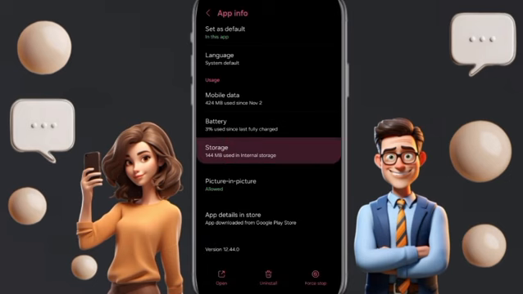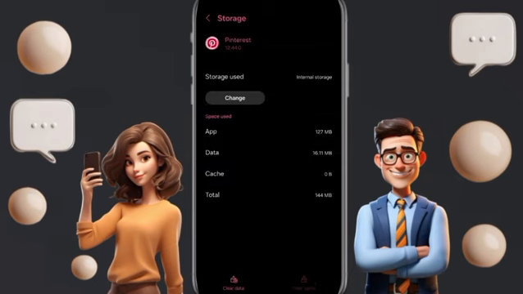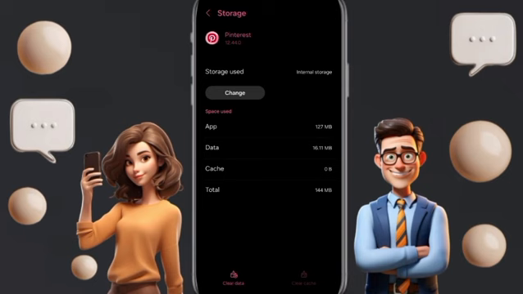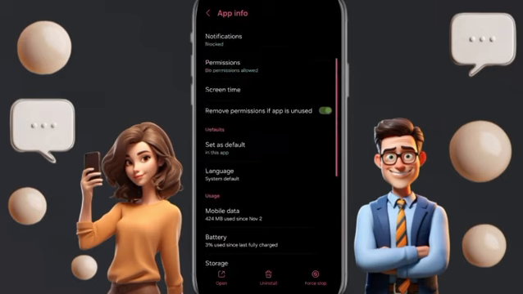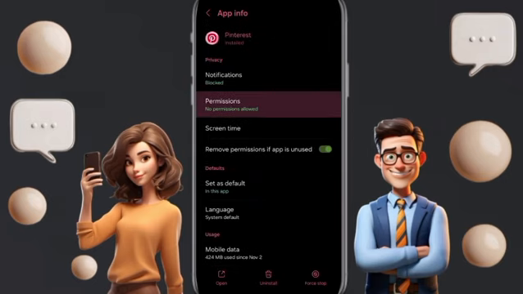Here you will enter to storage. Then in this page you will click on clear cache. After that you will return again to this page of app info. Here you will go to permissions,